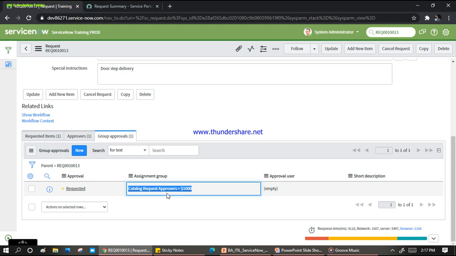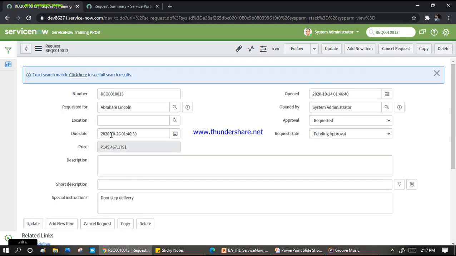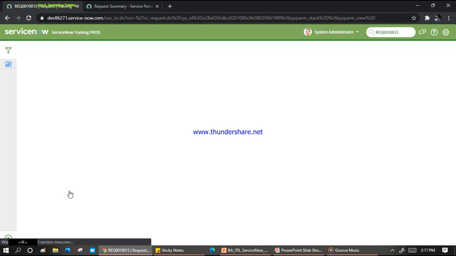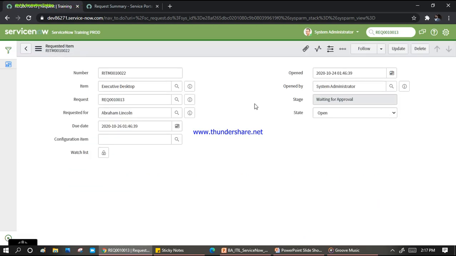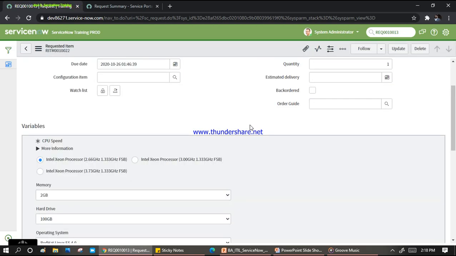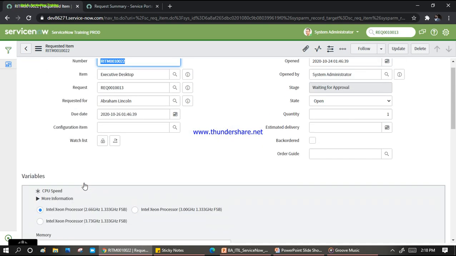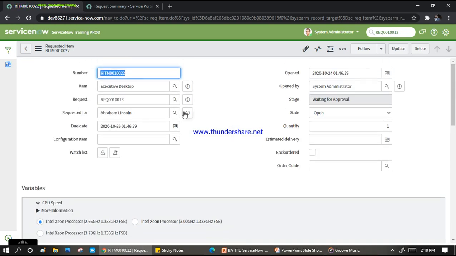This is the second place, and you can see my request has been generated, my RITM has been generated. Let me see and show you here. Is any catalog task also generated for this or not? Let me scroll down. No catalog task. Why? Because I gave this instruction to my system that unless the request has been approved, no need to create any task. Otherwise, we would still need to work on it and the SLA will be breached. So now I'll go here and open my request again.